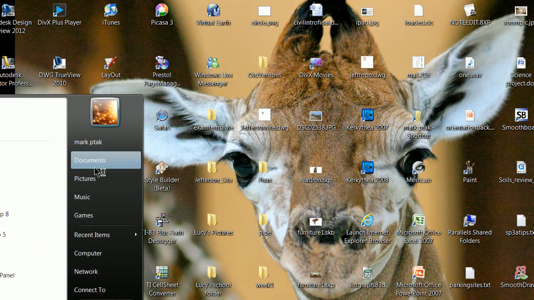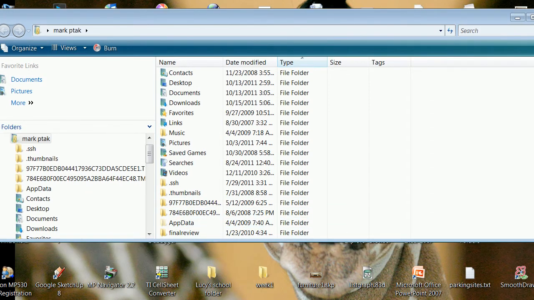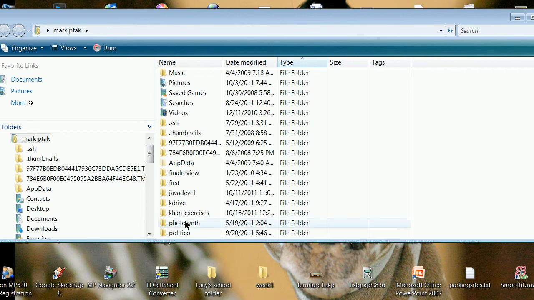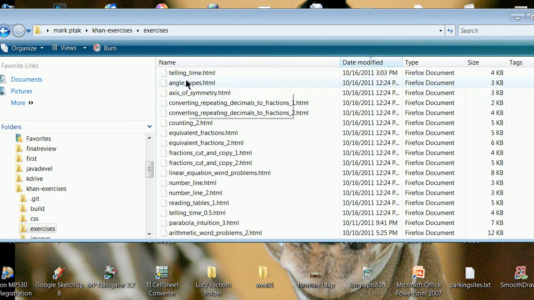Now I'm going to go to my computer here, and when you unzip that file, you get something that looks like this, Khan exercises, with this set of subdirectories. For the most part, the exercises are HTML files that reside here.